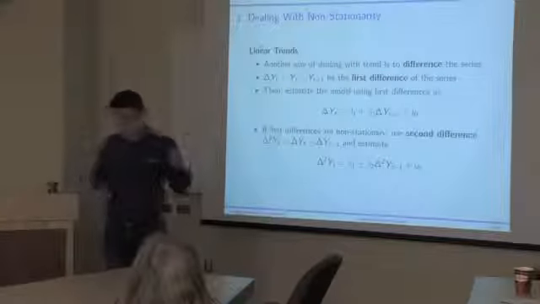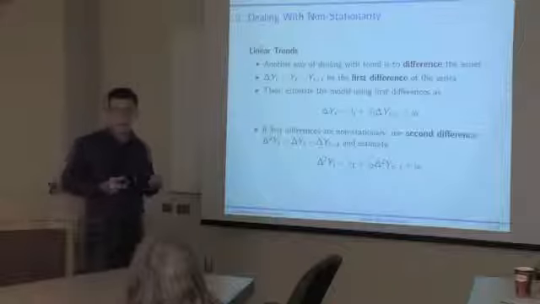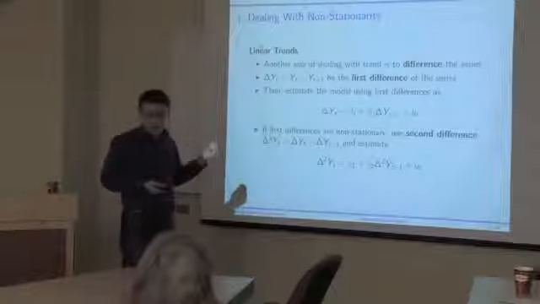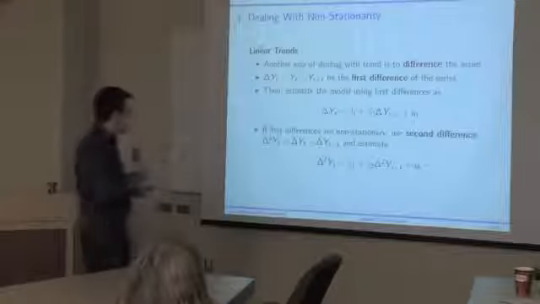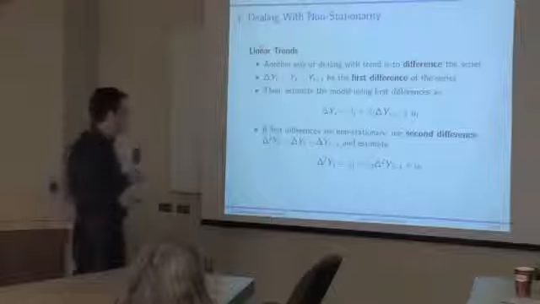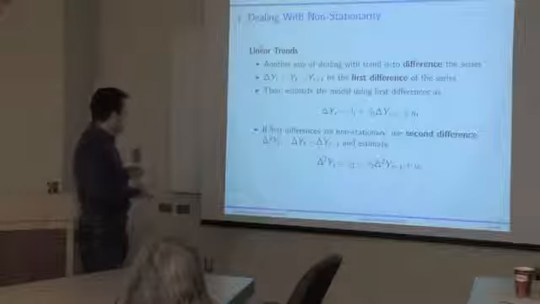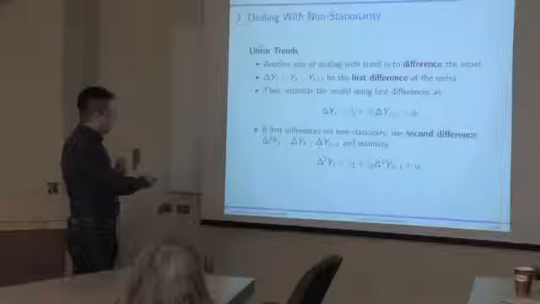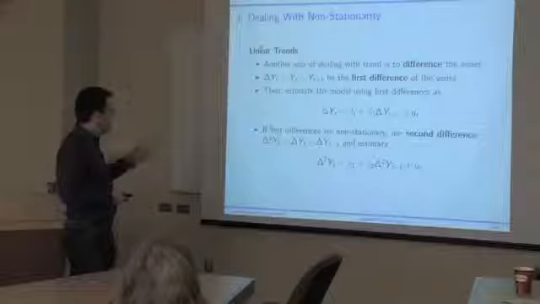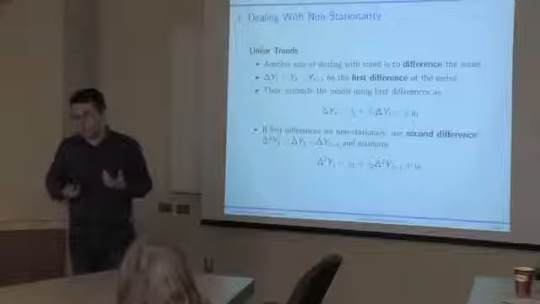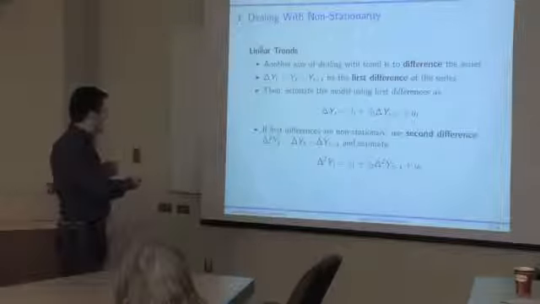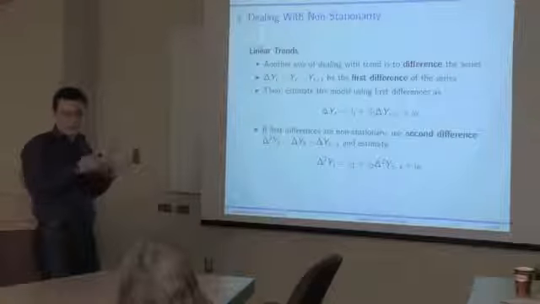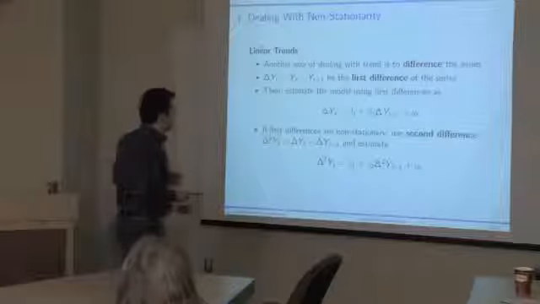And in some cases, what you may find is that differencing once is actually not enough, so you may still have indication that you have problems somewhere even after working with first differences. So sometimes it may be necessary to work with higher order differences, for example with second difference, where second difference is just the difference between the difference of the time series and the lagged difference. So it's the difference of differences. And you could estimate your time series model in a second difference form by regressing the second difference of your series on the lagged second difference. You'll be regressing difference in differences on the lagged difference of differences.